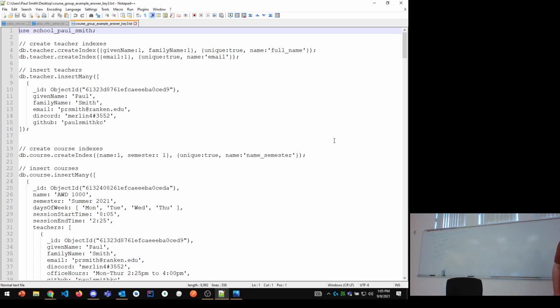I would recommend starting your scripts, things like this, with saying which database you're using, right? So like with MySQL, we started the script with use Sakila or use school Paul Smith or whatever. So I'm saying what database I'm using. I'm inserting into, actually I'm creating some indexes first. So on the teacher table, you can see I'm saying